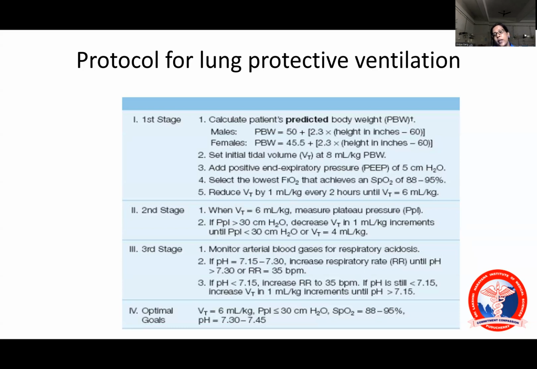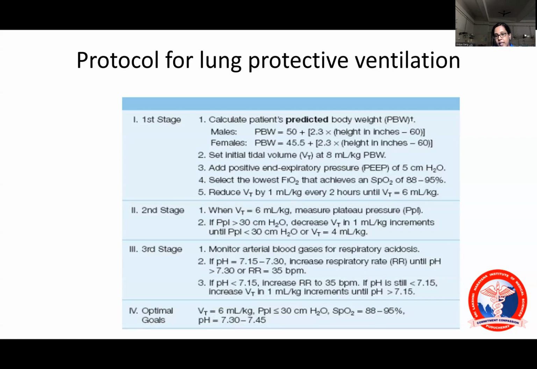Why are we giving PEEP? Why are we giving more importance to PEEP? It also improves the oxygenation of the patient, because one of our main concerns is the reduction of PaO2 and reduction of PF ratio. So by providing PEEP, we are going to increase the oxygenation. There were some trials conducted like the LOVS trial and the ALVEOLI trial, which emphasized the necessity of PEEP by increasing the oxygenation. And then coming to the lowest FiO2 possible.